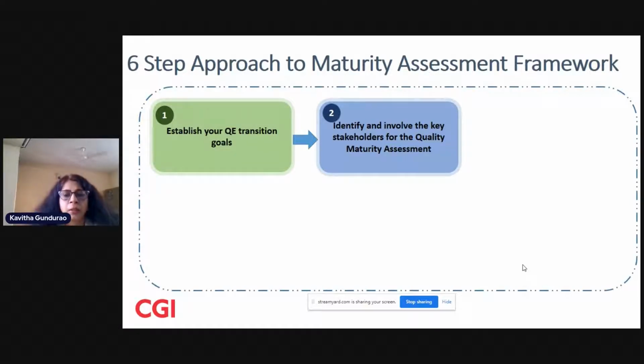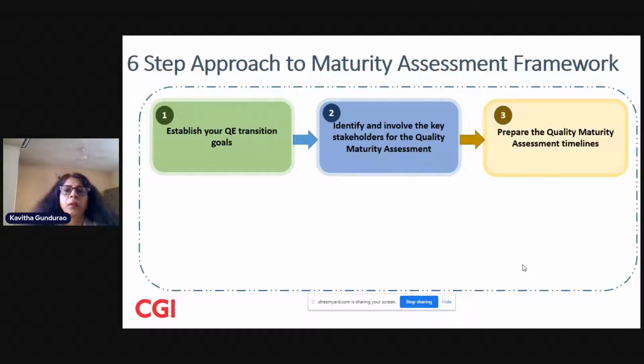It could be your project managers, test managers, test or QE directors, business analysts and product owners and so on. So basically, the complete fraternity or leadership team is something we need to involve when we are trying to put up this maturity assessment framework.